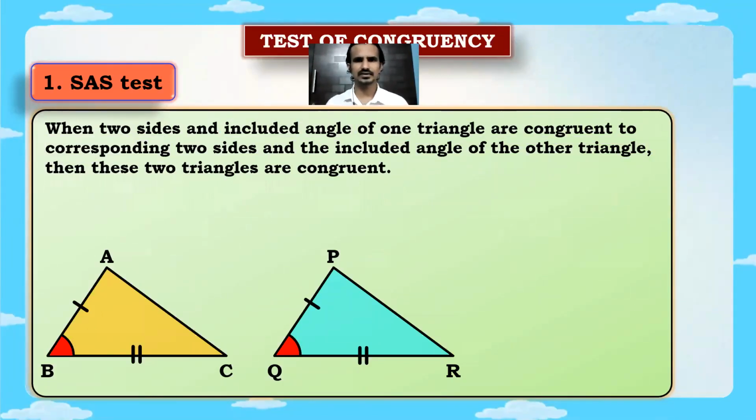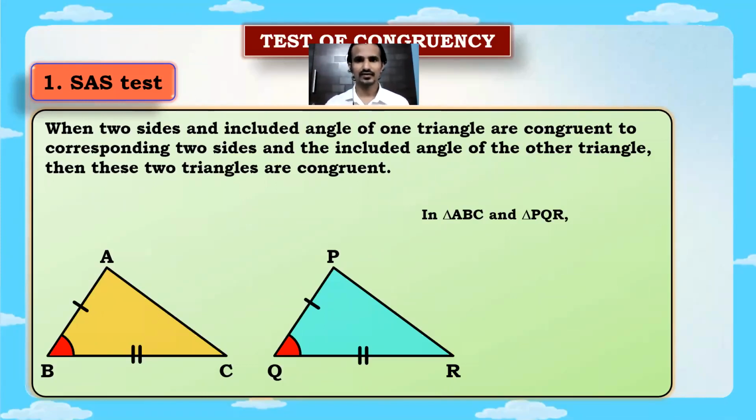To apply any test, or to prove any pair of triangles congruent, we should always find the three congruent parts. And there is a proper system of writing. You have to write 5 lines. First, you write down the names of the triangles. Then the second, third, and fourth lines are the congruent parts. And on the 5th line, we write that the triangles are congruent. So we first start with the names of the two triangles. We have ABC and PQR. So we say, in triangle ABC and triangle PQR. So in the first line, we write only the names of the triangles.